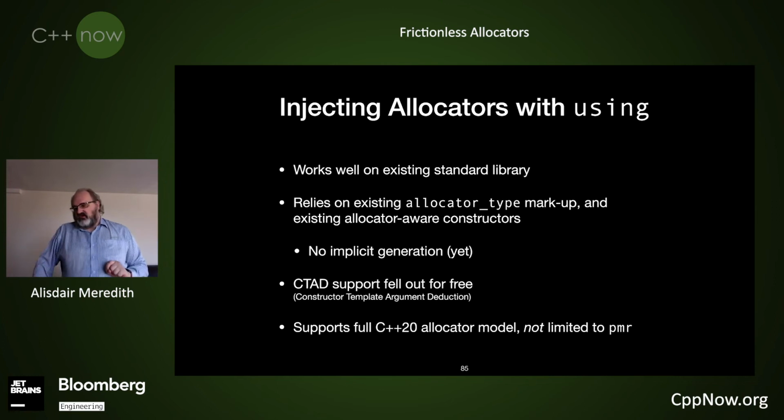If you've got the appropriate type, you say my type is supported with using allocator, and you do a using afterwards, it will look and say, do those things hook up? Great, I can drop that allocator in, and it just works for all possible allocators in the standard library. It wasn't specific to PMR. This was kind of cool. Compiler template argument deduction just fell out for free. And the idea that this could be used to support things beyond PMR blew our mind.